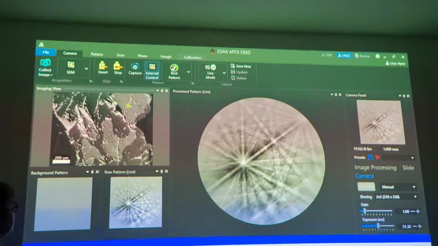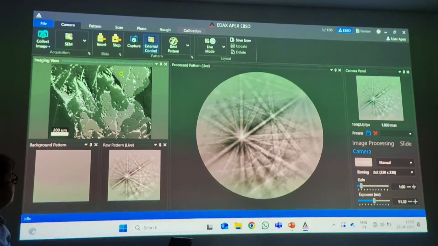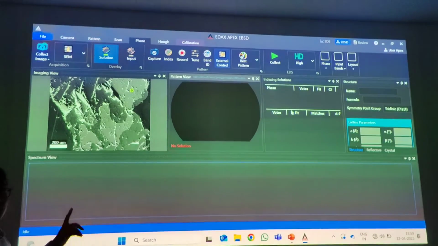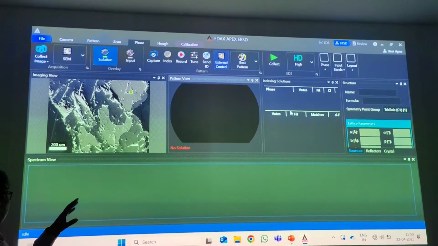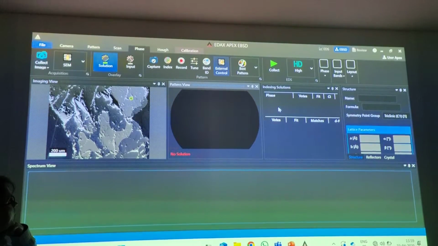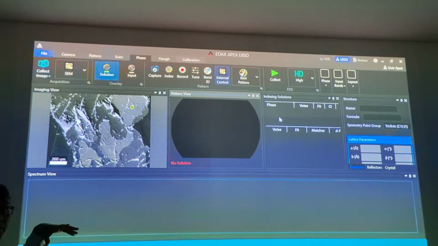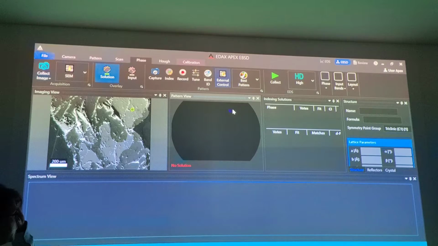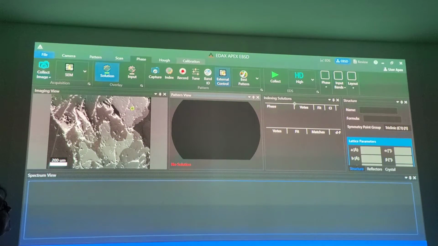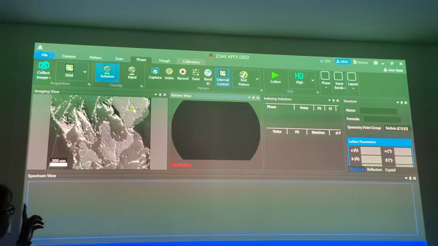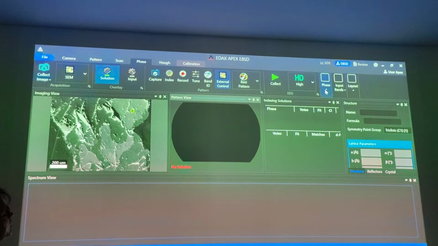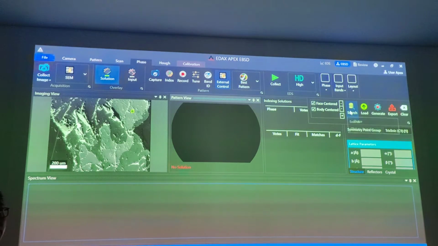So before applying anything on top of this, before doing any EBSD measurement, you have to define your phases. All these were shown to you, this phase definition and all. So basically what happens, now you have a database, a library of particular phases. You need to assign that particular database to your actual diffraction pattern. So I know this sample is the standard nickel sample, so I'll go to this phase tab, I'll search for nickel here from the database.